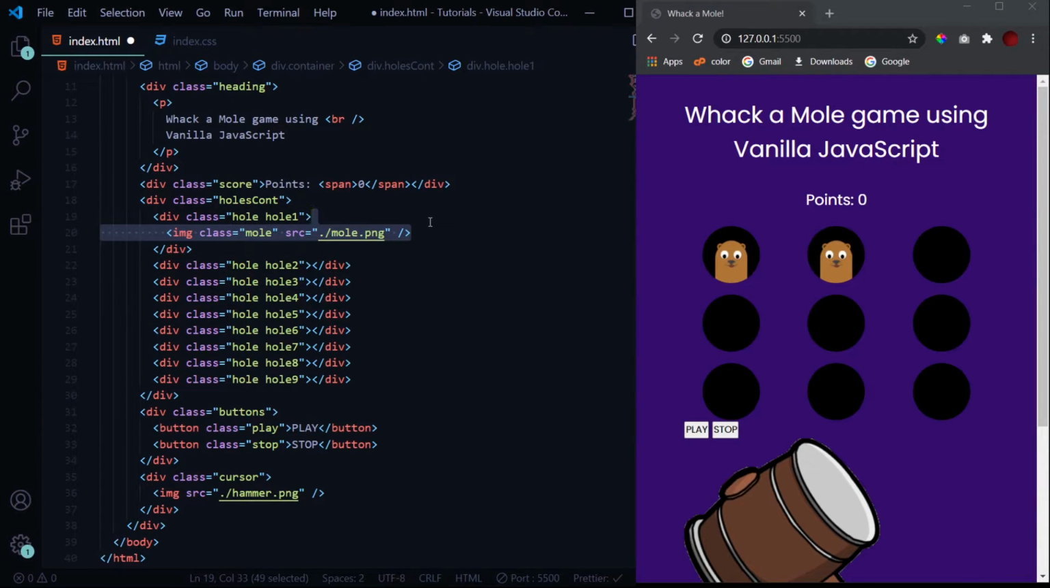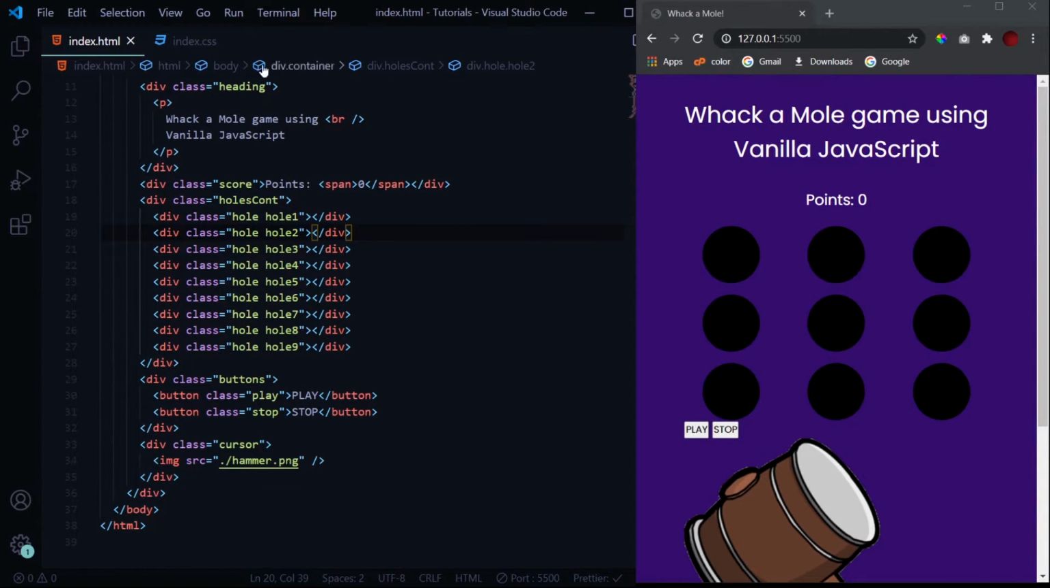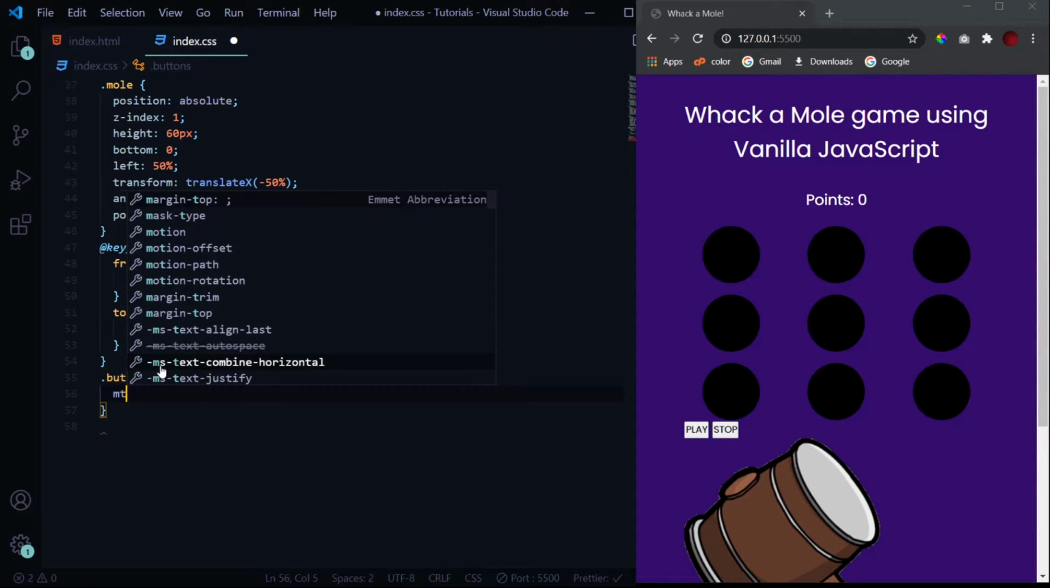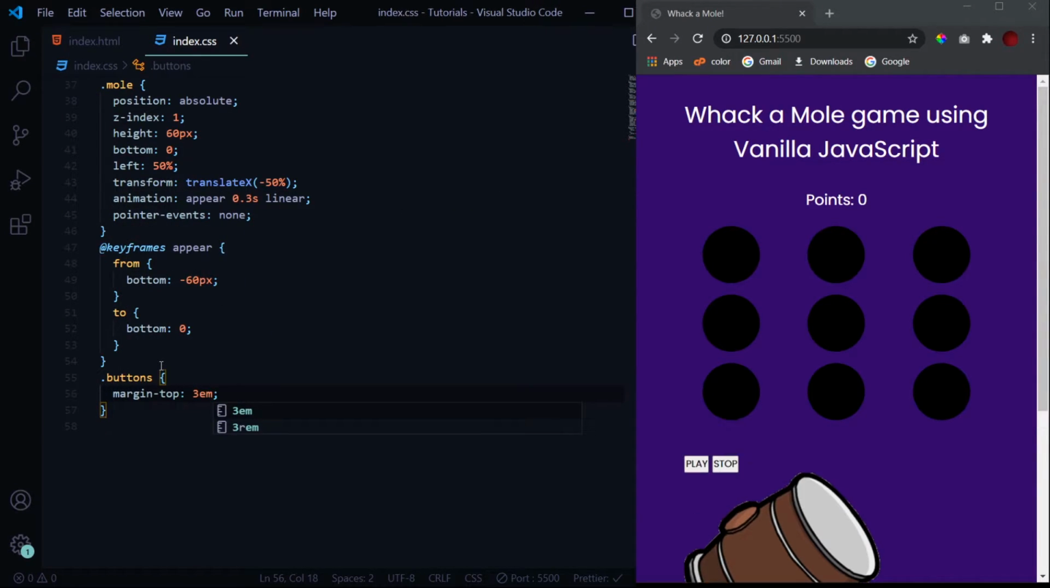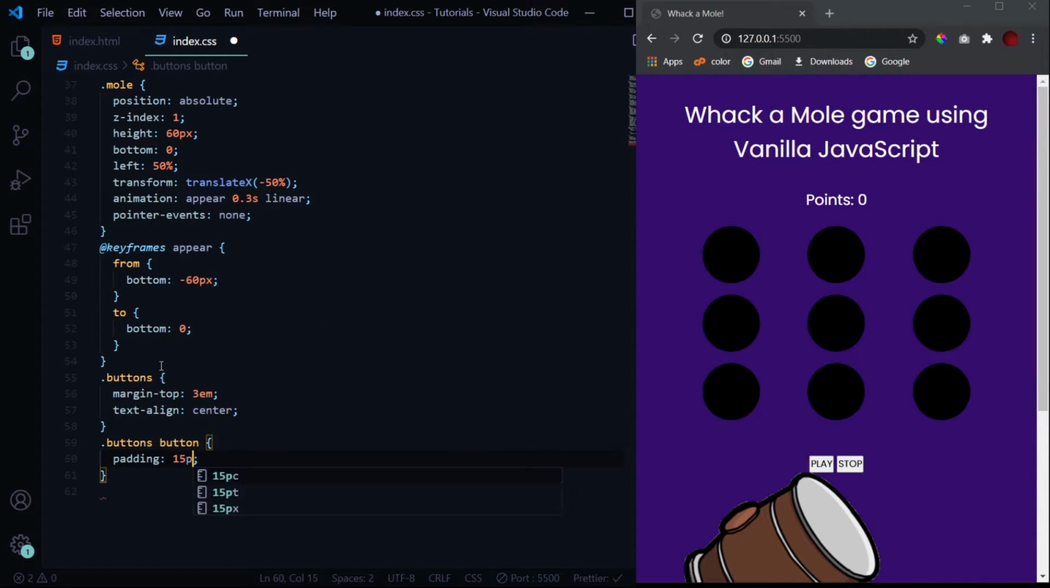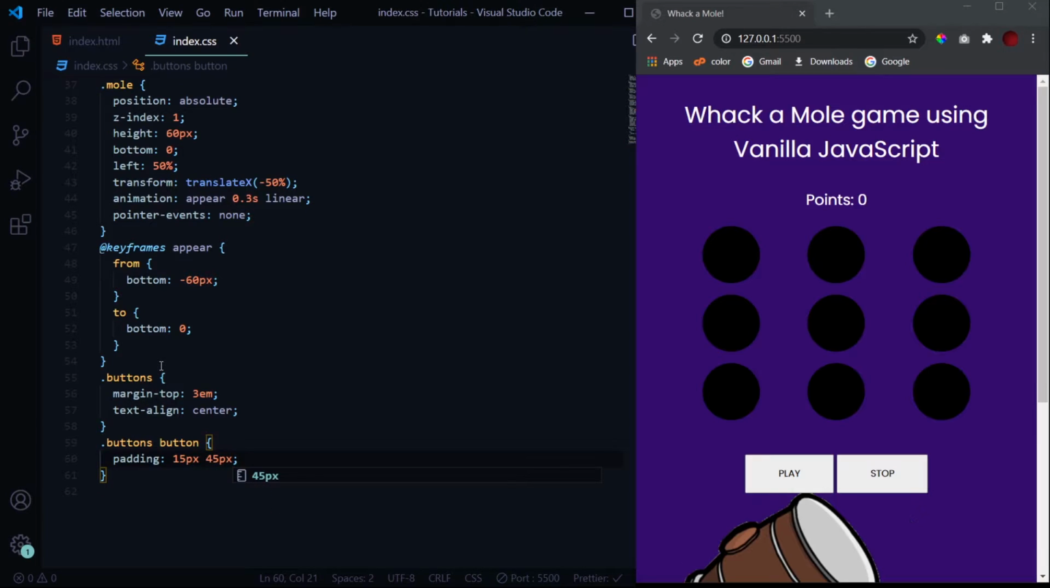Now let's remove this image from here. So this is it for designing our mole. Now let's design our buttons: a margin top of 3em, and then our text align of center. Okay, this is good. Now we'll design each and every button, a padding of 15 pixels and 45 pixels to